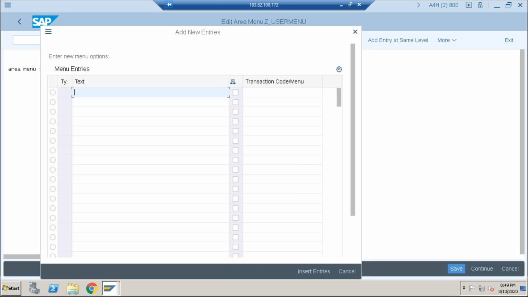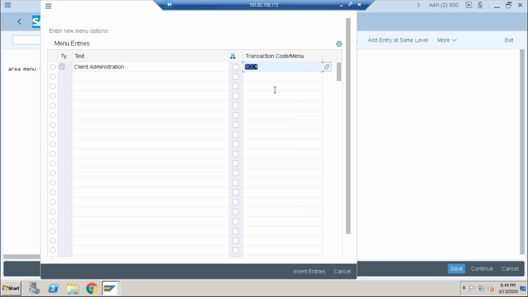Now add the transaction code. In this menu, what transactions do you want to add? What reports do you want to add? Add SE, for example. If you want to change, you can also change the description.